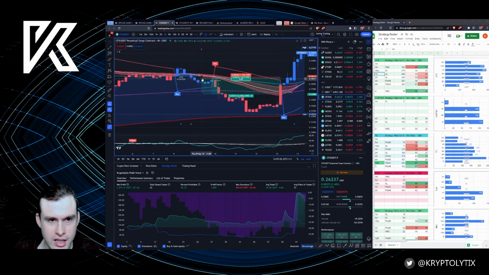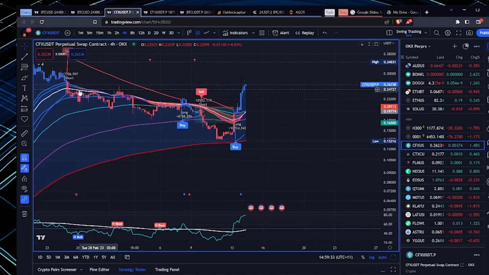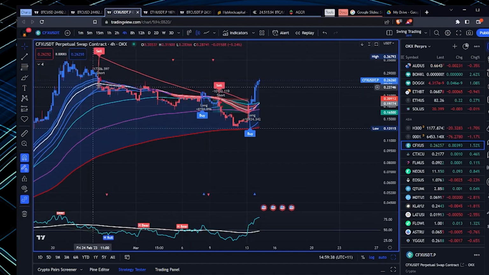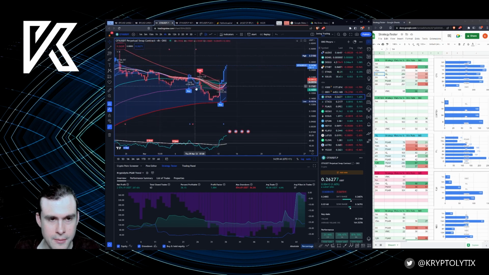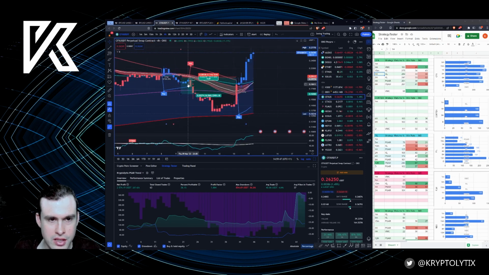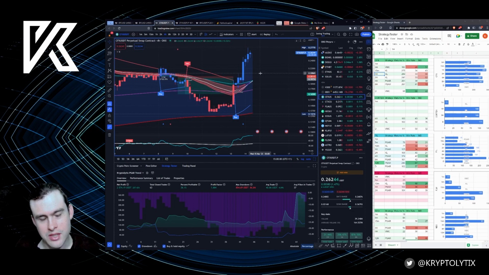It should be on the chart actually. Yeah, here it is. That's where I opened up my short for CFX. I didn't have this strategy backtested last week or back in Feb, but if I saw this, I probably would have taken that. It's been quite nice, 30% roughly. If I just followed this blindly, I wouldn't have made any profit, but I put my stop loss down here, so actually I made 16%, which was pretty nice. I didn't get back into it though, and it's up 40%, but that's what you get.